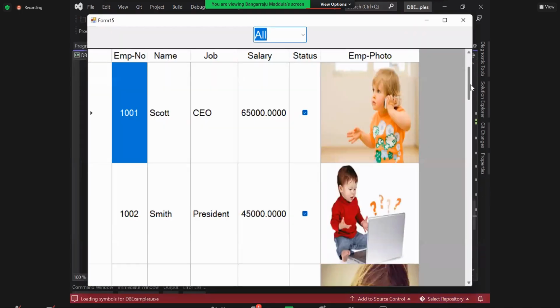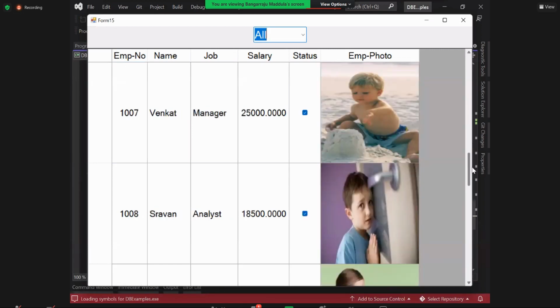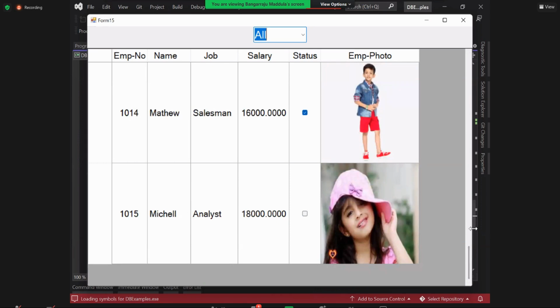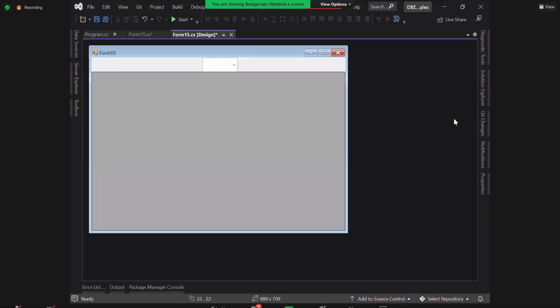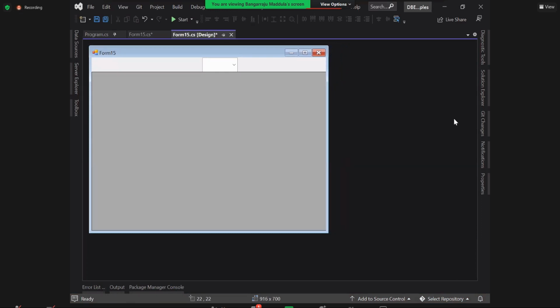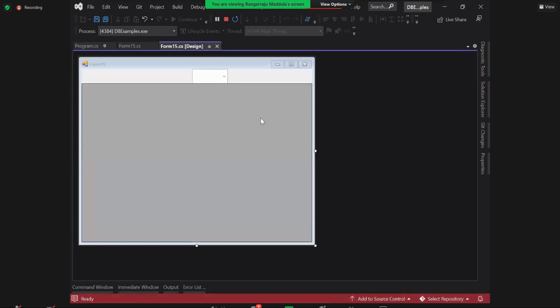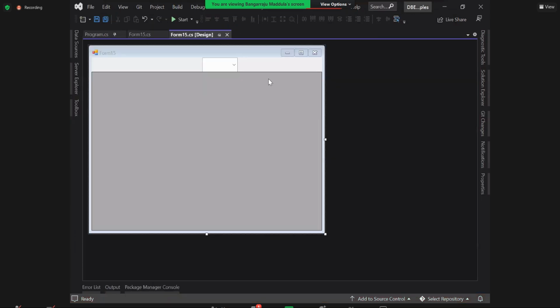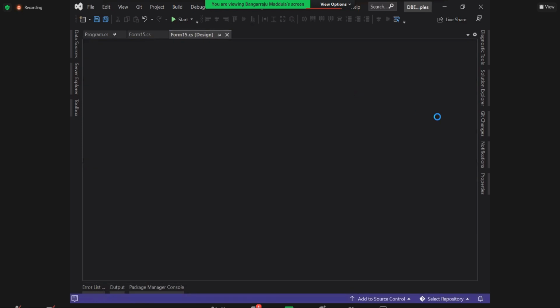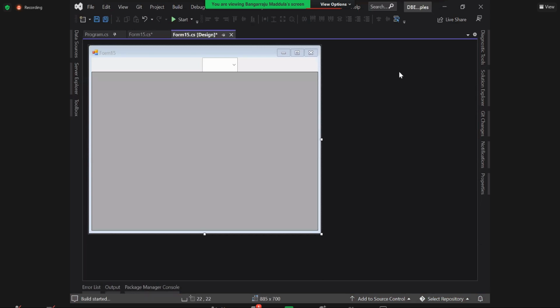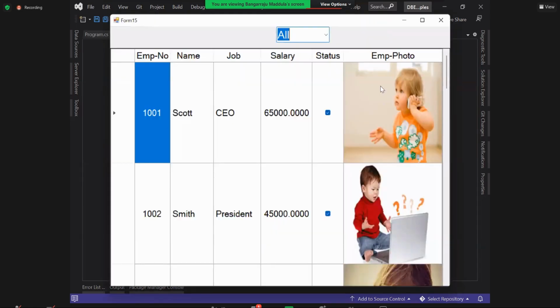Whatever size you are given, it will fit exactly to the cell size. Am I clear? Just a minute. Okay,